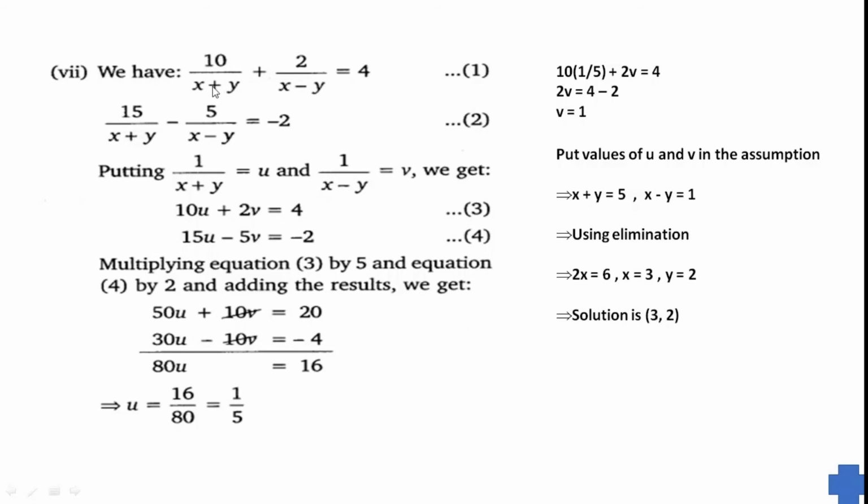So this was an example when the variables were given as binomial in every term, x plus y in the first term, x minus y in the second term, that too in the denominator. Hence, this wasn't a linear. We reduced it to the linear using an assumption here. So we have covered